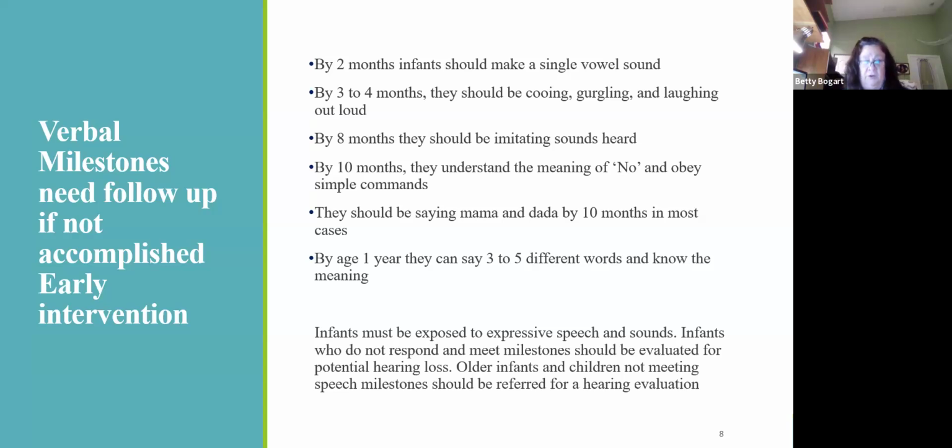Now, by 1 year old, they actually can say a couple different words. They might not say milk, they might say juice, they might say hungry or whatever, chicken, whatever they're going to say, but little things. Now, what if you have an infant who is in the crib and you walk in